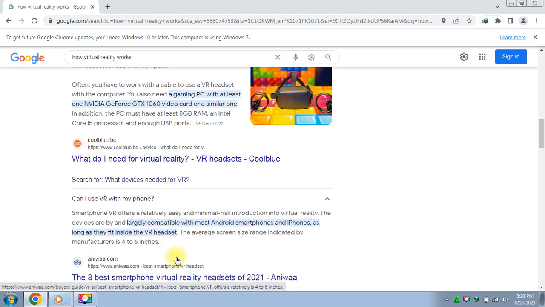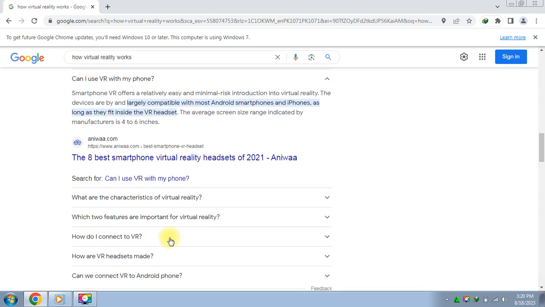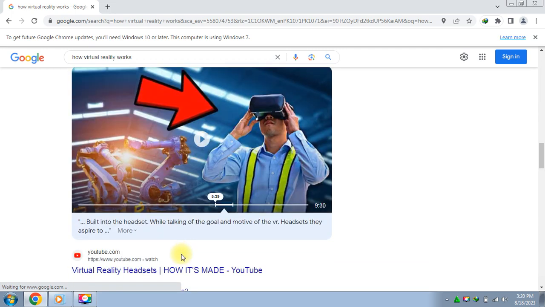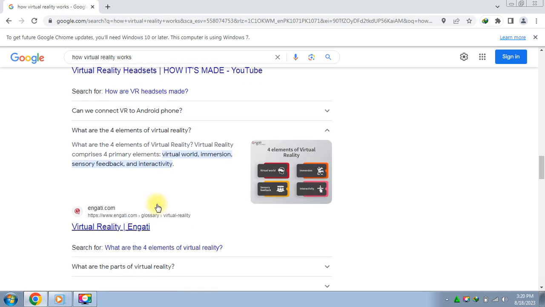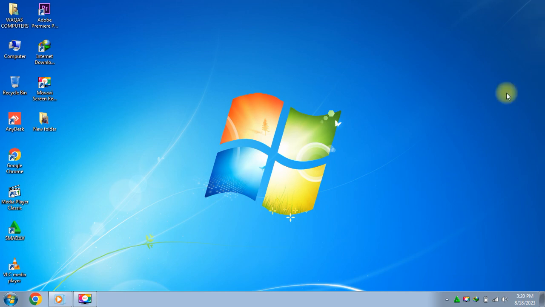And our next one, can I use VR with my phone? The answer is yes. It is compatible with most Android smartphones and iPhones, as long as they fit inside the VR headset. So our next question, our fourth and last question, is, what are the four elements of virtual reality? Virtual reality has a world, sensory feedback, and